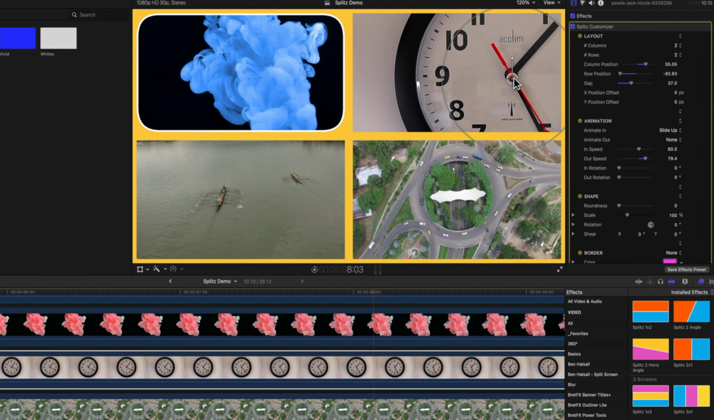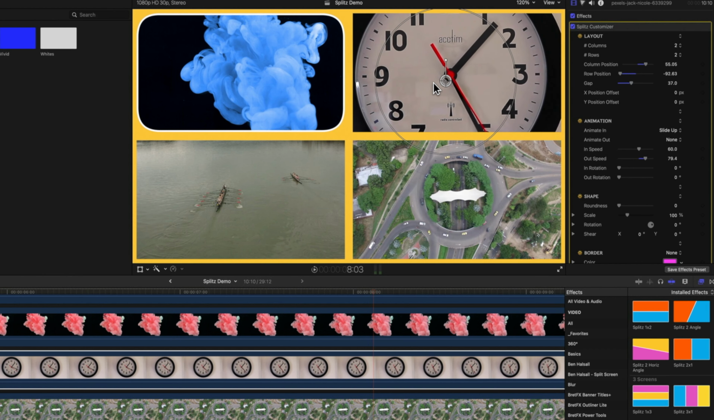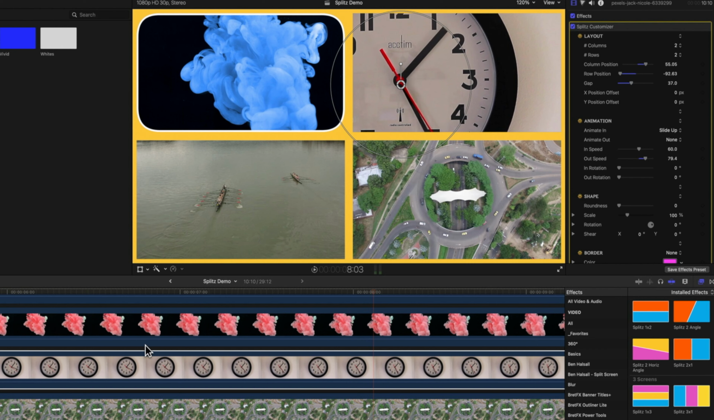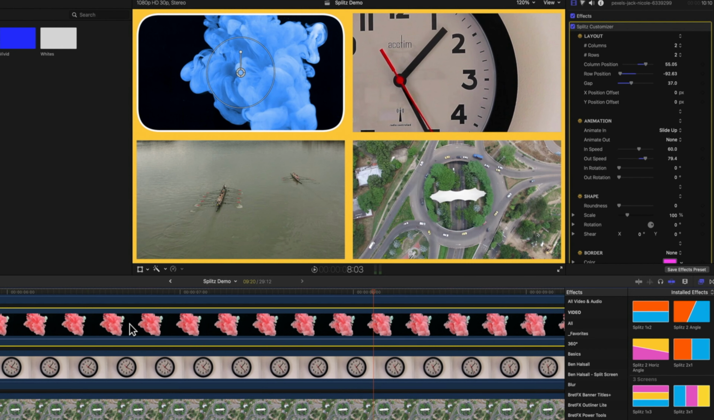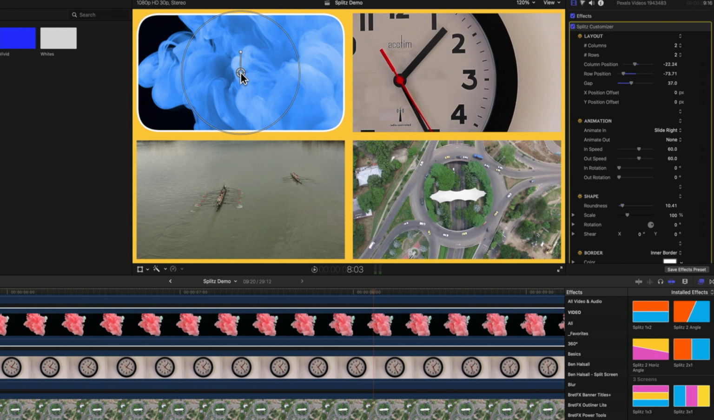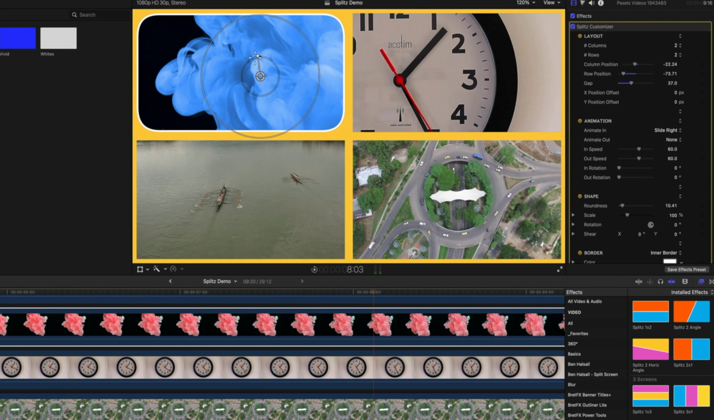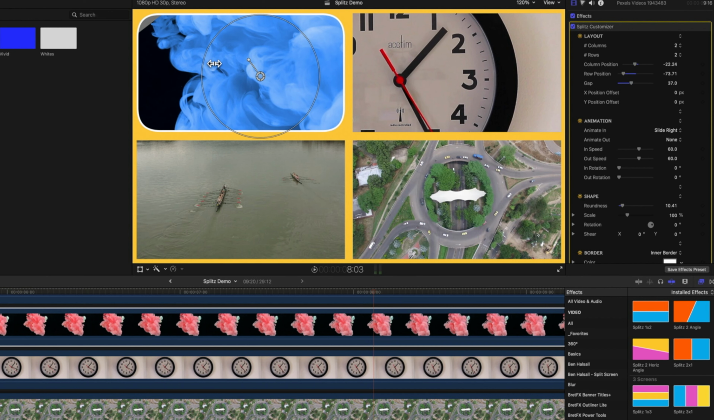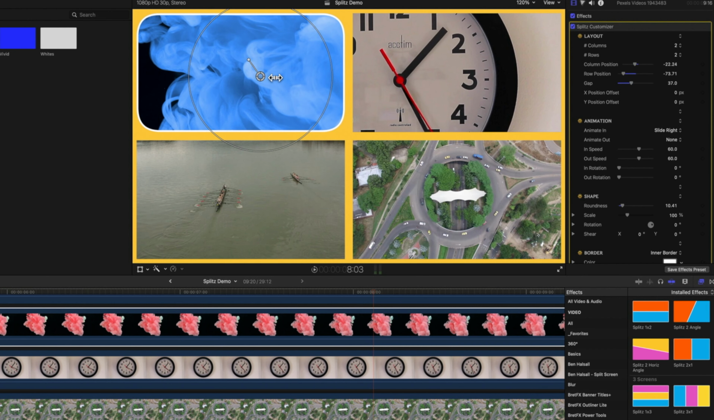So I can pop that size up and frame it however I want to within there. That's really the key for using the on-screen controller tools: when you select one of your layers, make sure that you then have the Splitz customizer selected and not another effect, or you have that deselected. The on-screen controller won't show up then. But as soon as we click that, it's going to show up the on-screen controller, and we can select that, reframe it,